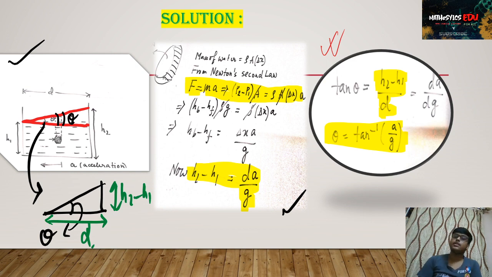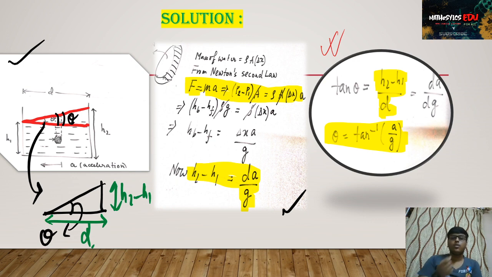Now what is the net force on this object? It is nothing but the difference in pressure multiplied by the area on which it is acting, right? From the definition of pressure we can write it. So what is it? (P2 minus P1) multiplied by the area of the cross section that we have taken, which is nothing but equal to ma. But what is m? Rho into A into delta x. And a, I have assumed previously that it is accelerating at a rate a, right?